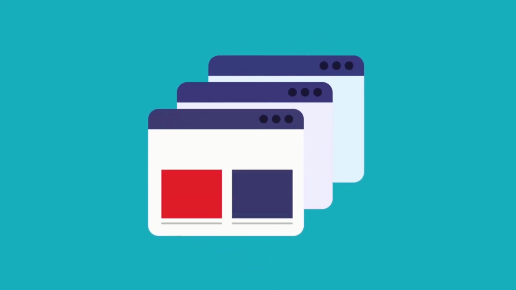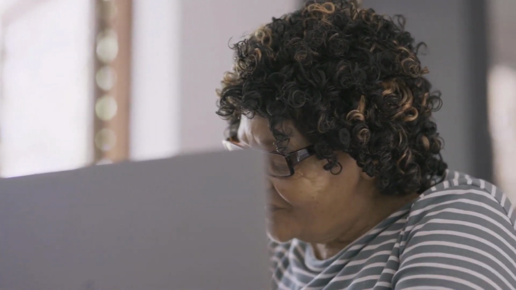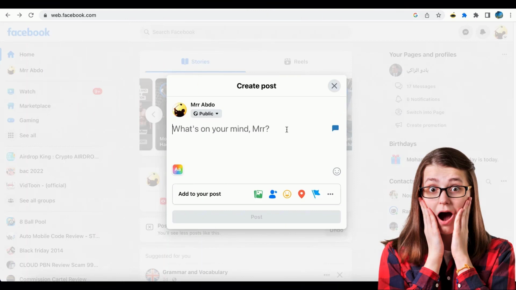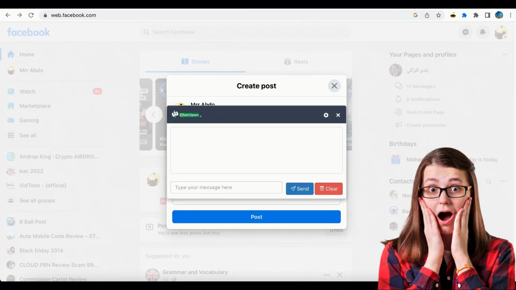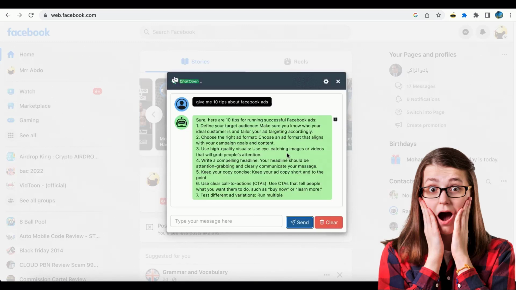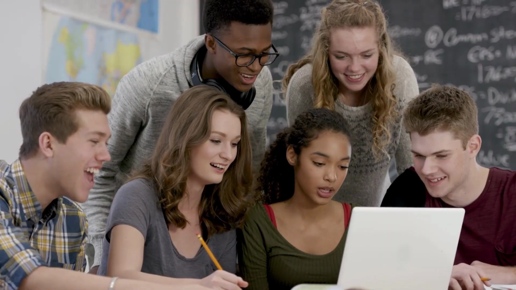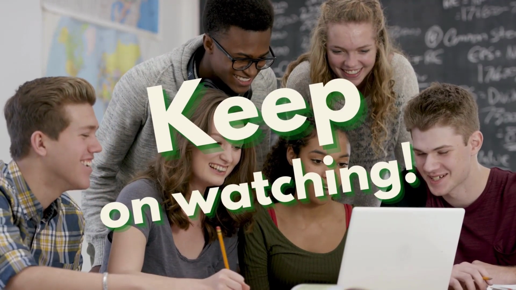Everyone knows that when you're browsing the internet, you're probably juggling multiple tabs and apps at once. Well, it's time to stop. I found a new way to make your life easier: an AI web assistant that can help you save time by opening any tab on your browser. You'll never have to juggle multiple tabs again. All you have to do is install the new AI web assistant on your favorite browser, without opening ChatGPT on a new tab or window on your browser. To learn more, keep on watching.